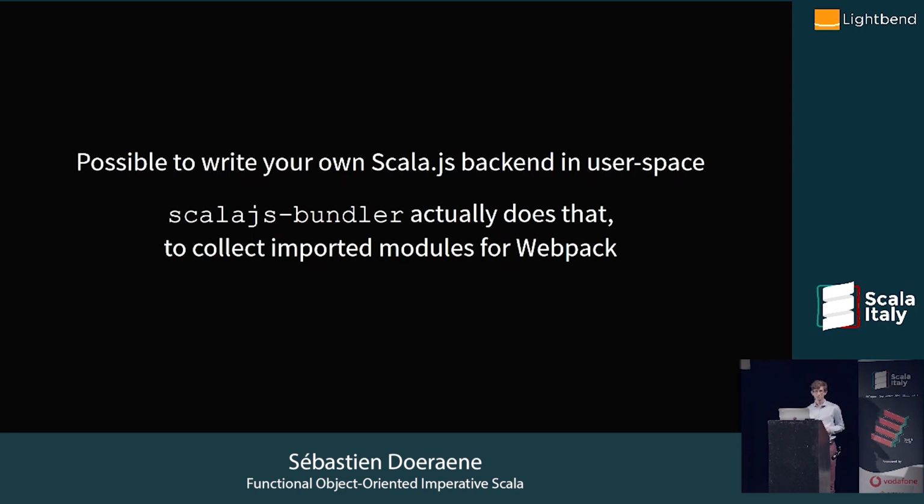It's Scala.js bundler. And it uses that because it needs to collect additional information that it's going to give to Webpack to analyze the modules that are imported from the Scala.js codebase. So it's something that we had not anticipated. It's something that actually came up in the real world outside of the Scala.js codebase. And it's possible because that abstract class is open and with a very well-defined contract. So you can implement your own, satisfy the contract, and then you can compose it again.